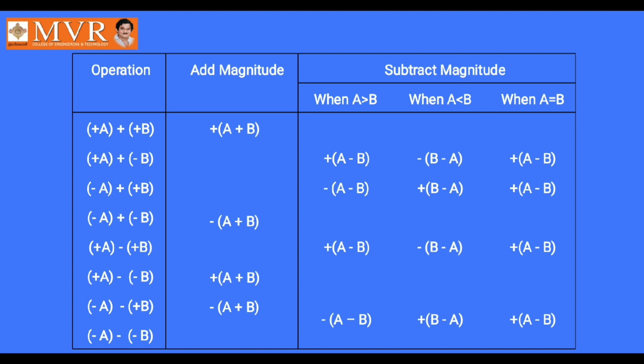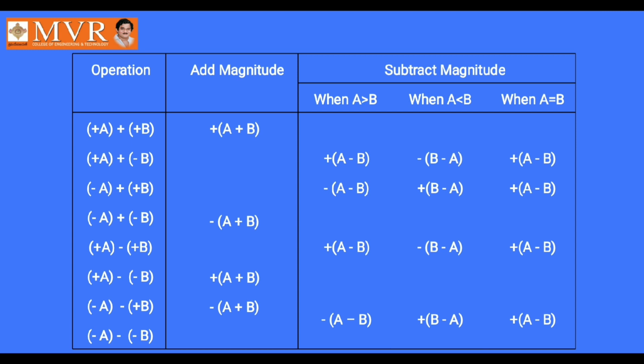When the signs are the same, we simply add the 2 numbers and put the common sign, that is nothing but the negative sign. And the 6th one and 7th one you can see: A value is positive and B value is negative and we are going to perform the subtraction operation. In that situation, as you know, with the help of the multiplication process, minus into minus becomes plus. That's why both the A and B values are added and the positive sign will be put in front of the result.